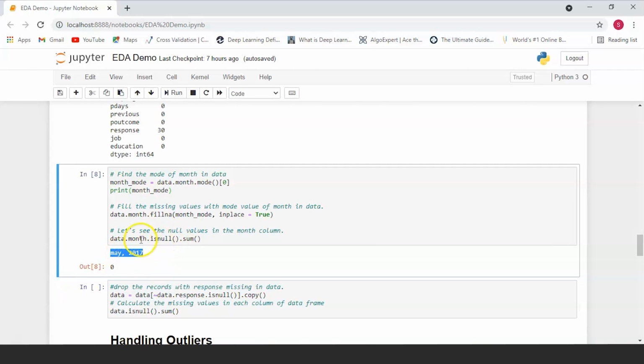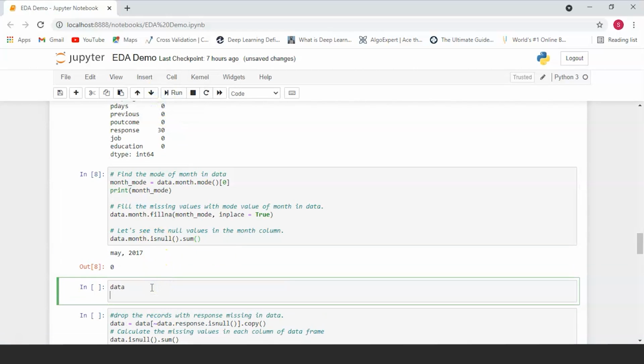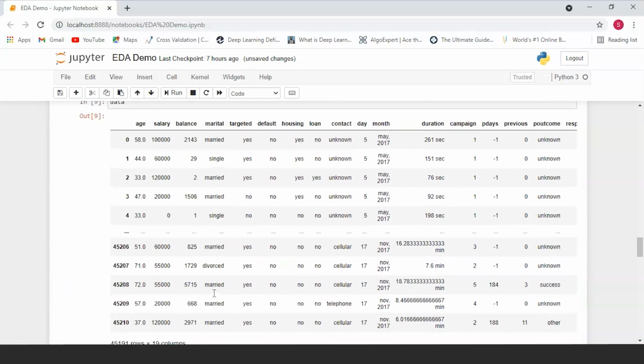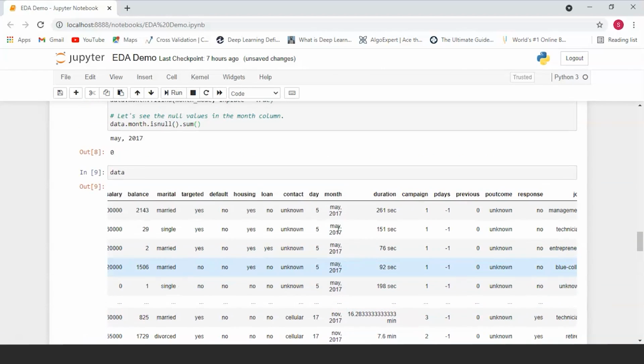And after filling in all of the null values in our month column, we don't get any null values in it. So now if you want to see what our data set looks like, we'll just take a look at it. So this is our month column. As you can see, so far there are no missing values in this.